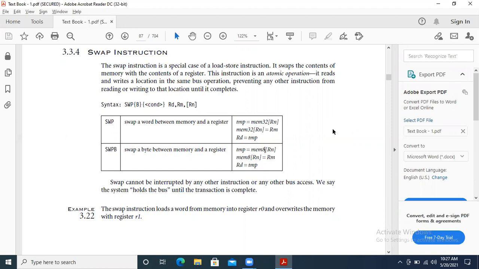If you do not use one more, what happens? Suppose you want to copy from Rm to Rn, then this Rn data will be erased. At that place the Rm value will be stored. Now what about the Rn value? It is deleted. To overcome that drawback, I am using one more called a temporary. After our work is done, we remove the temporary variable, which is already vanished by the processor. That's why I am using one more called a temporary. That's it.